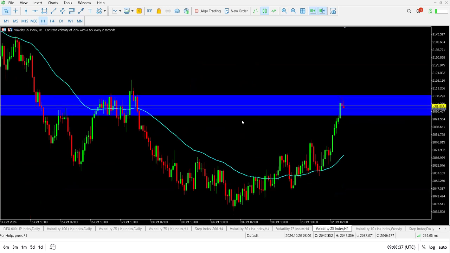So right here on the 1 hour time frame, you can see we're in a bullish market structure, clearly a bullish market structure. And then right here, you can see the buying momentum is very high right at this level, owing to the fact you can see right here